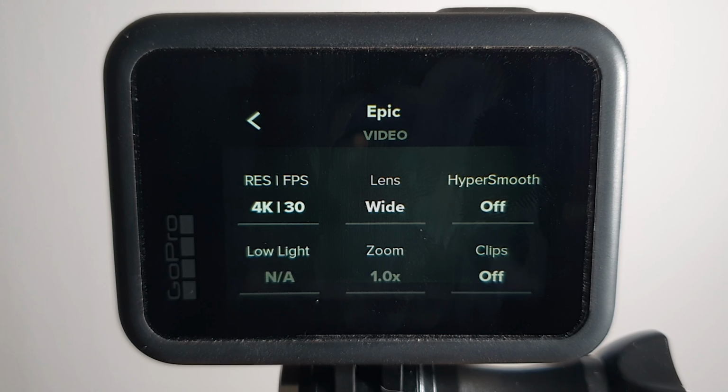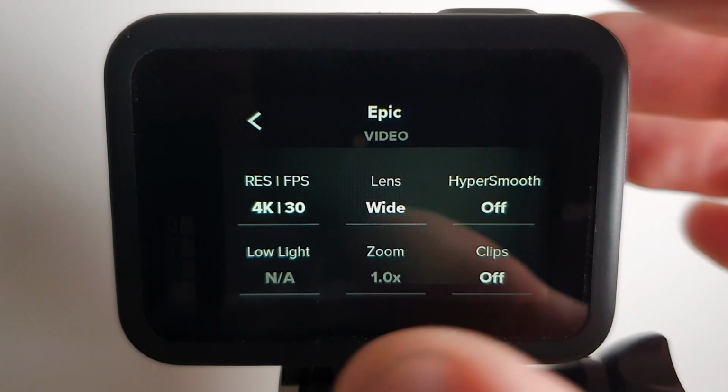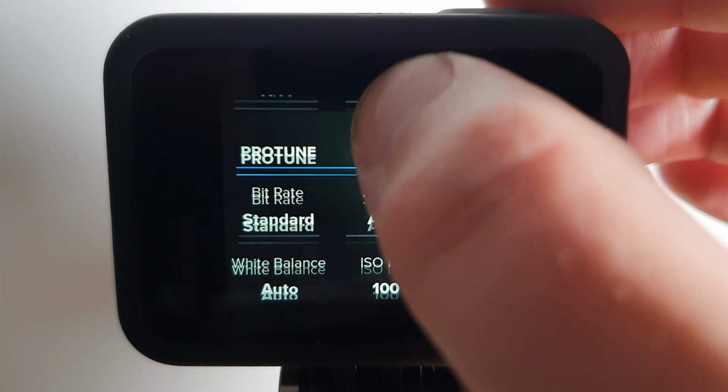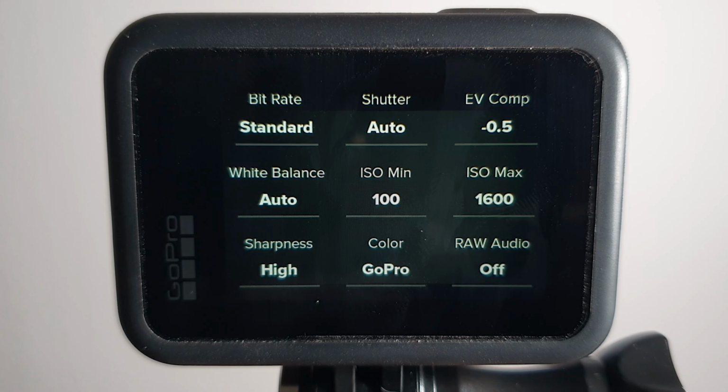Low light is not applicable. Zoom is 1, and you can also zoom in while you're editing, especially when recording in 4K. Clips I turn off as I record for long periods of time, and this is for making short videos of 15 or 30 seconds. Bitrate I have as standard, as this makes a massive difference to the amount of footage